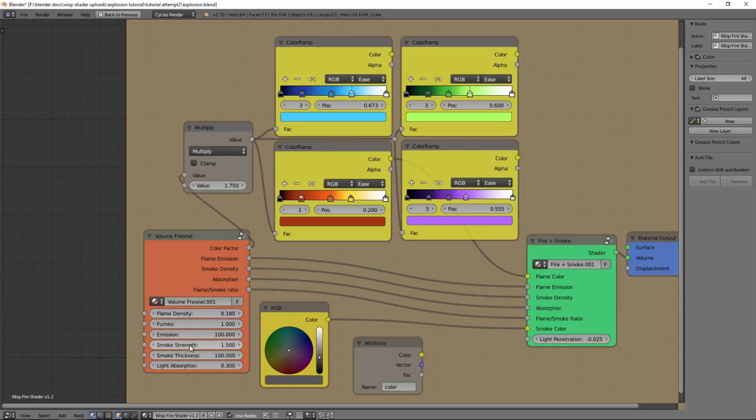The smoke strength down here determines how strong the smoke is and how solid it looks. So this can be really good for when the explosion has just happened and you have that buildup of smoke around the flame. Setting this to quite high works quite well, but then you want to turn it down later once the smoke dissipates a bit. So for the smoke thickness and light absorption, we're just going to leave those as are. Here I'm going to change it to 150, but we won't be keyframing these values,